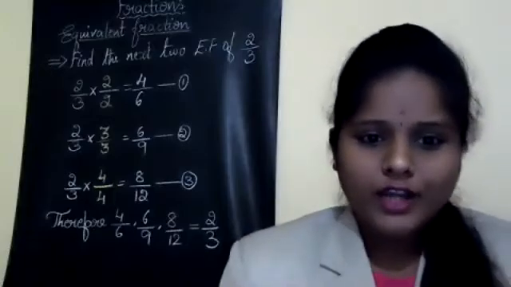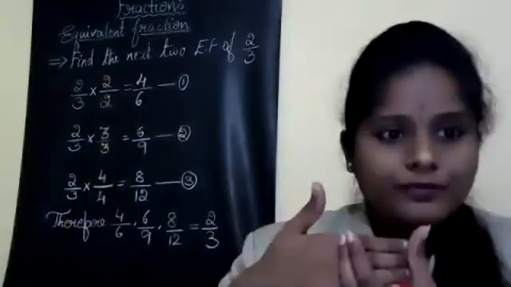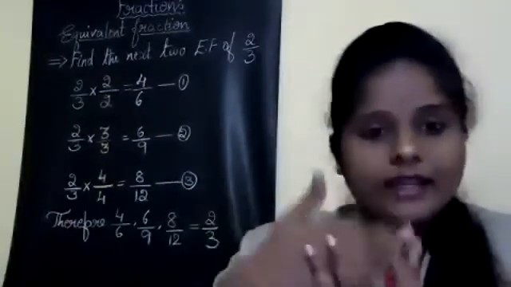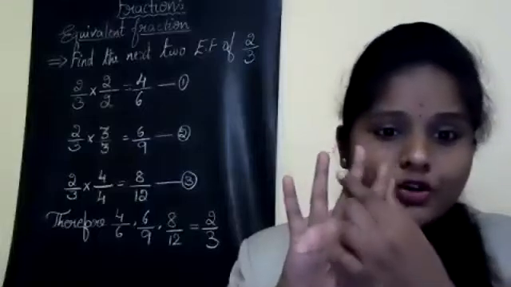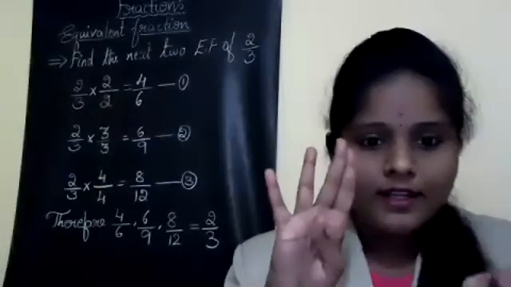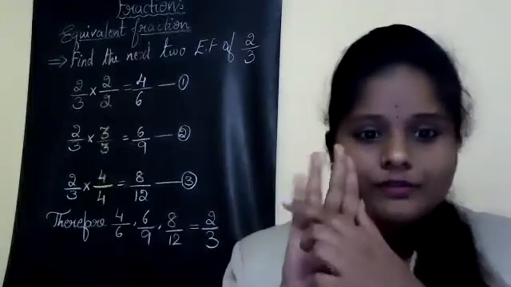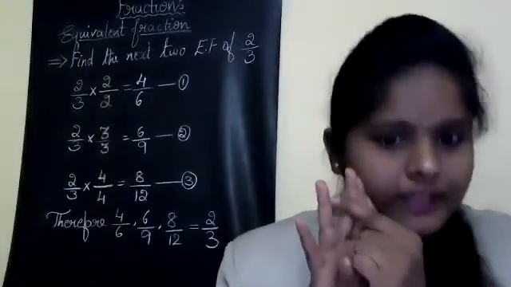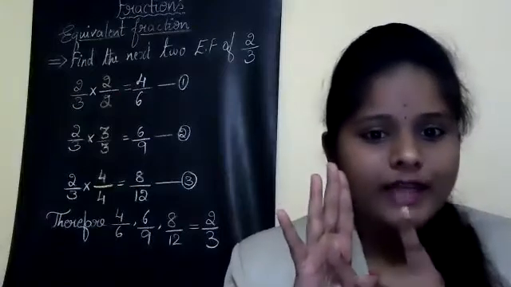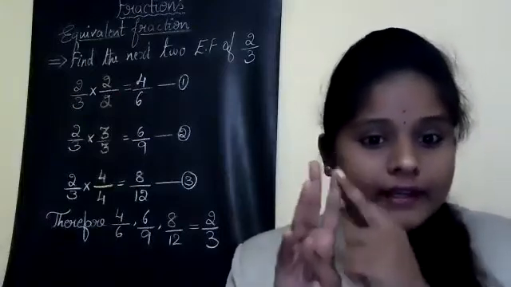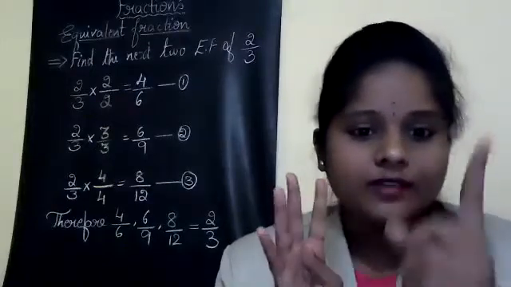Now next time what did I do? The same apple I took. I cut it into half, and then again I made it into 4 equal parts. From that 4, 2 parts I gave to Yukta. So from 4, 2 means what? Again it is a half, no? That means Yukta again had half of that apple. Even though I divided it into 4, the portion she had was half.